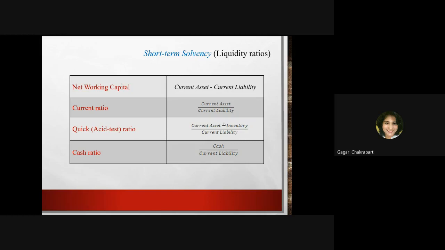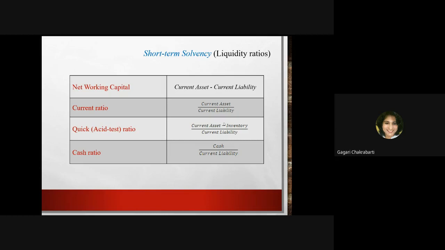Because these are liquidity ratios, short-term liquidity ratios. So you should consider the most liquid assets in your total category of asset. But in the current asset, you have the inventories that are not that liquid. Therefore, in order to compare the true liquidity positions, you should depend on the quick ratio, which is called the